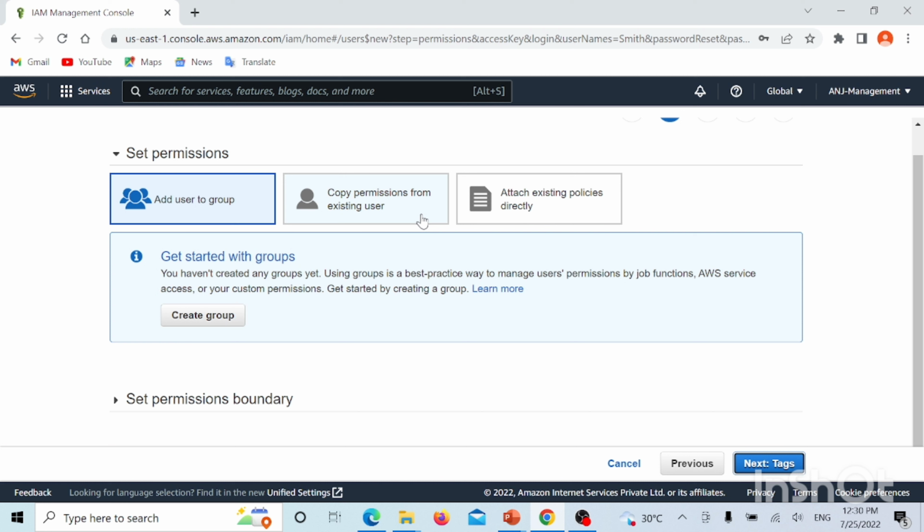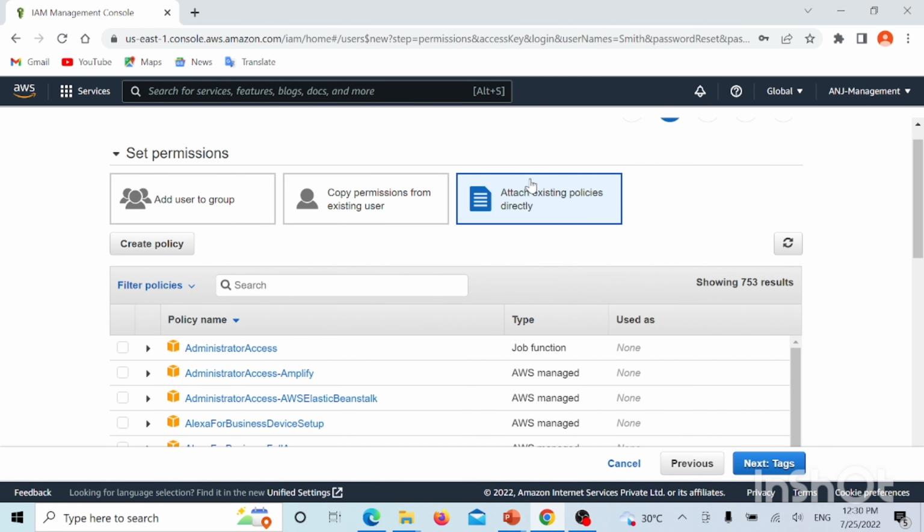Again, I'm creating my first user, so this is also not applicable. The third one is applicable, which is attach existing policies directly. So here I shall be going for the third option, and now you can see several policy names are visible